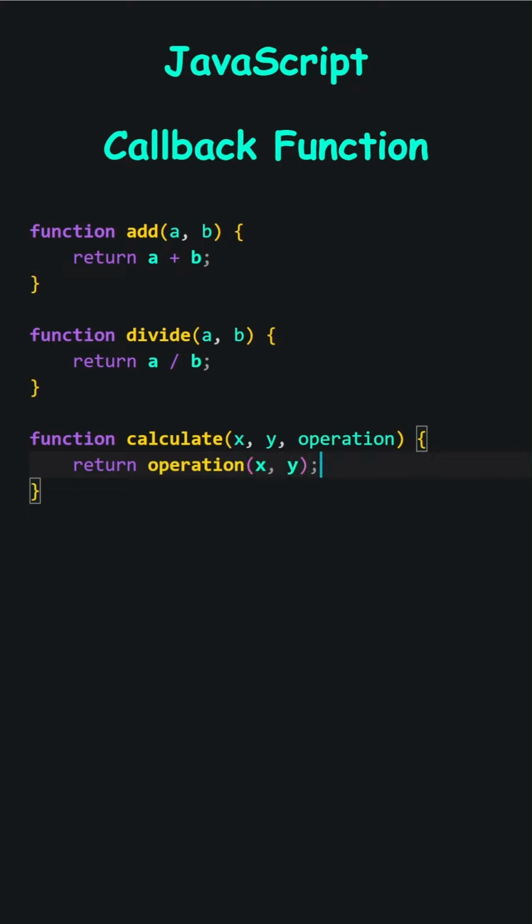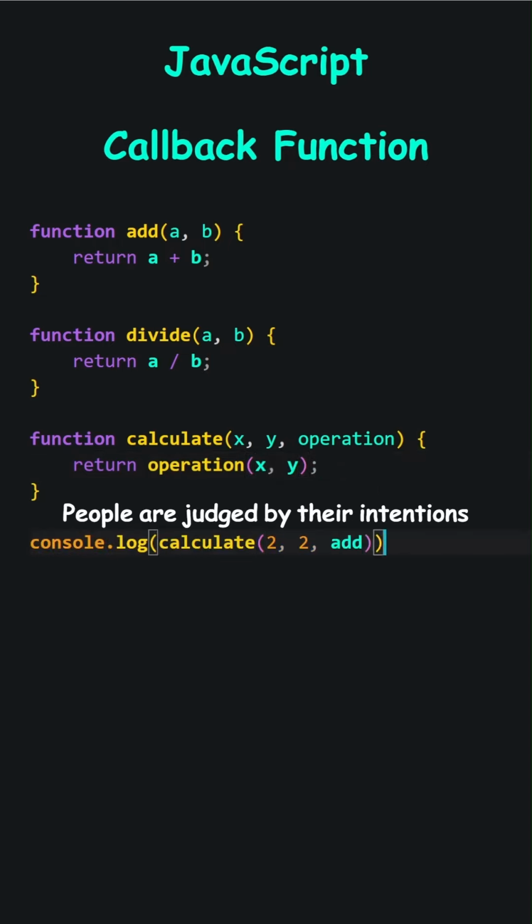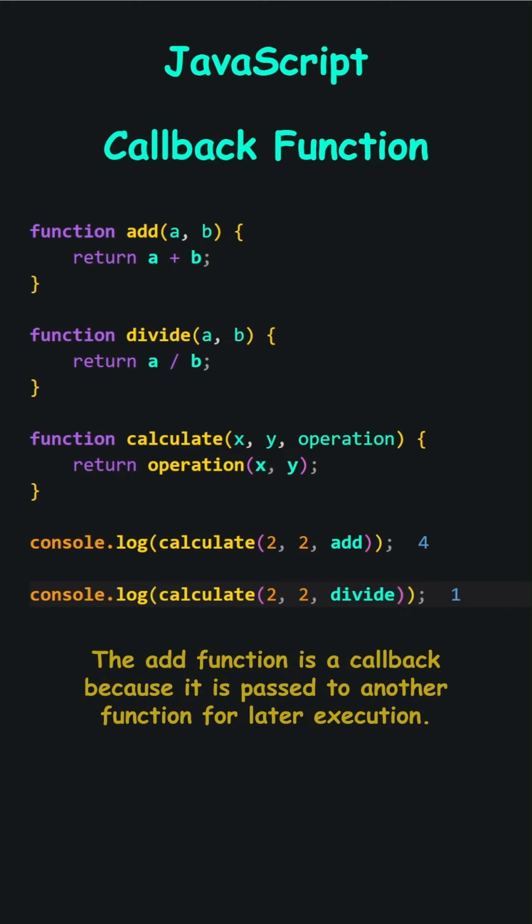If I pass add, it returns the sum of x and y. If I pass divide, it performs the division operation. Let's pass 2 for x, 2 for y. The sum is 4. 2 for x, 2 for y. The division result is 1. The add function is a callback because it is passed to another function for later